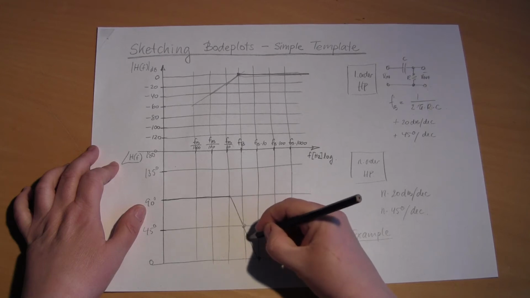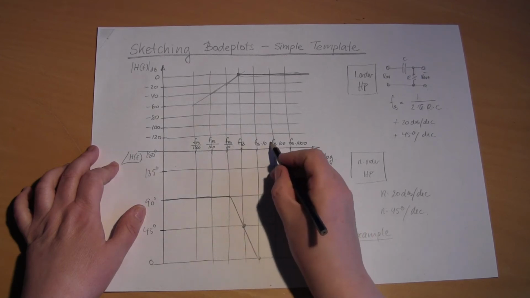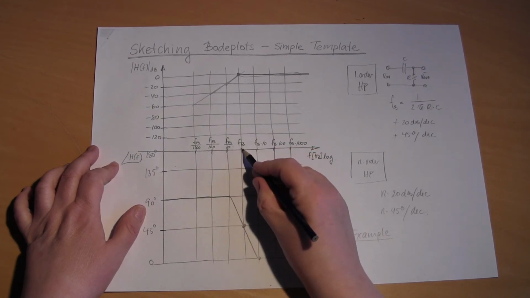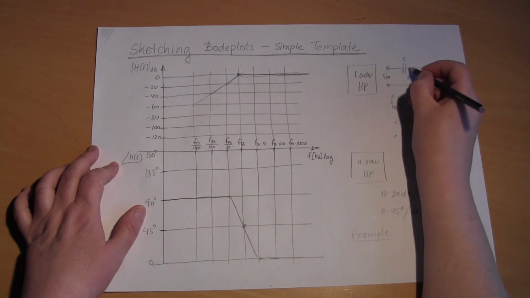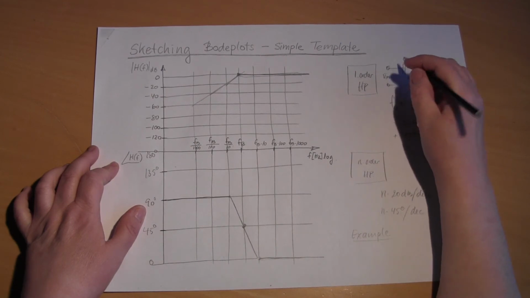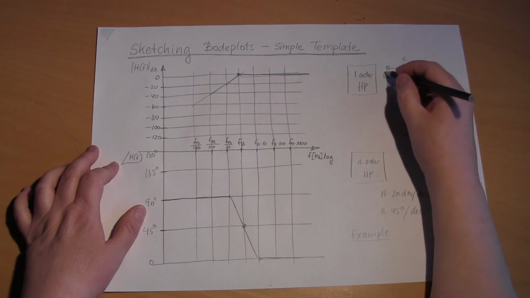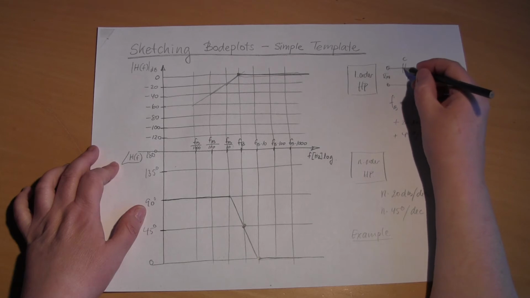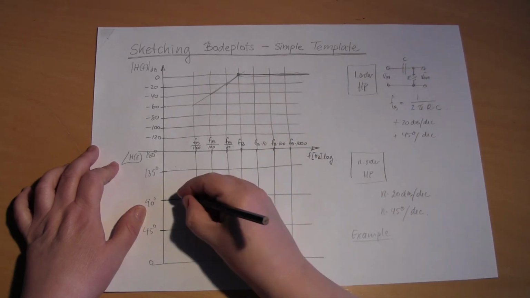So here the filter has finished phase shifting, and from 1 decade over the breakpoint frequency it actually has 0 degrees phase shift because the capacitor is totally short circuit and we only see V in, a resistor and V out, so there is no phase shift when this one is short circuit. So that's the first order